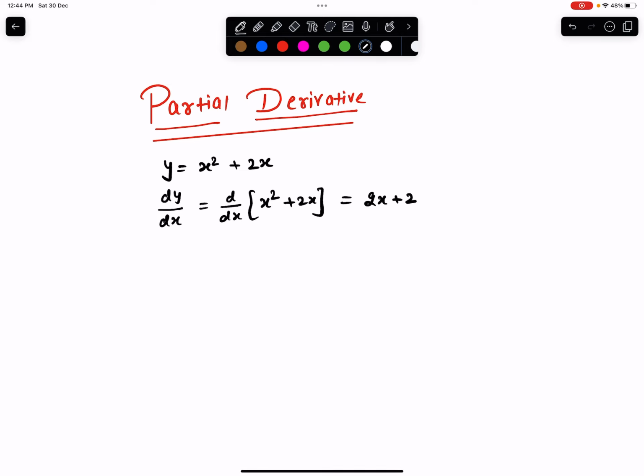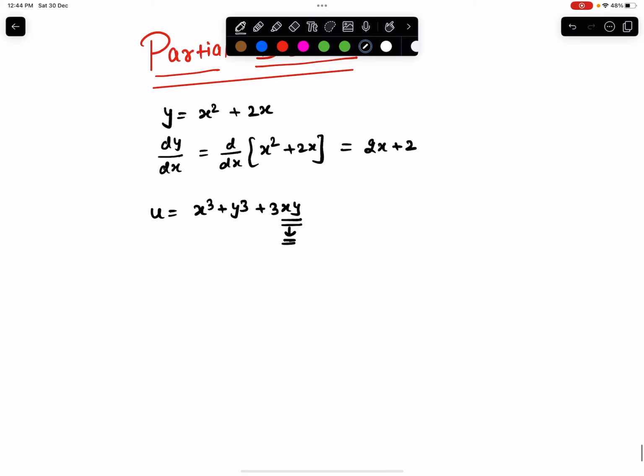Now in this type of question, we have to differentiate u equals x cube plus y cube plus 3xy. Here we have two types of variable, so we have to partially differentiate this. We will differentiate this first with respect to x. So we get curly by curly x of x cube plus y cube. Y cube will be constant, and we will differentiate only curly by curly x of 1. Why will we take it as constant? Because we have to differentiate with respect to x, so the other variables will be taken as constant.